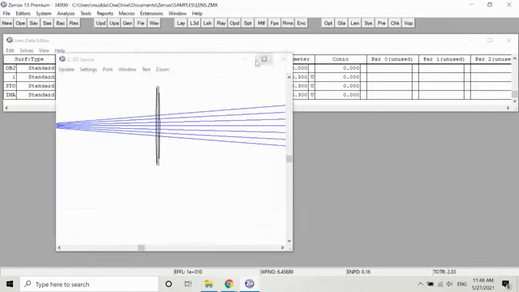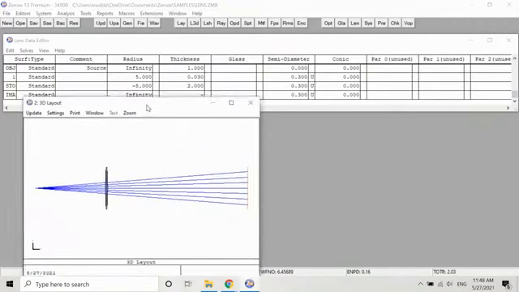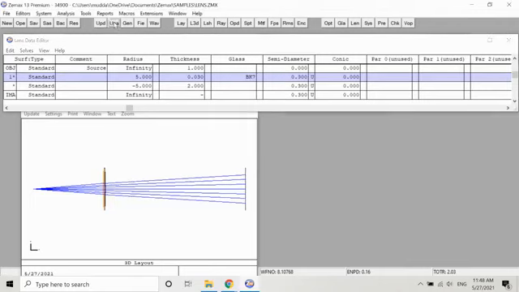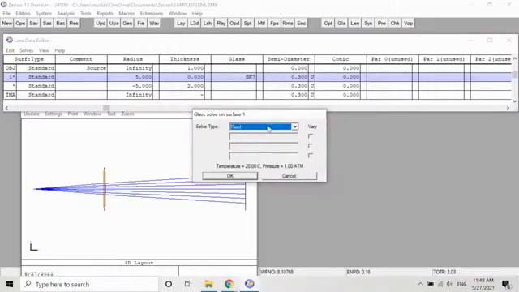So for that I can zoom out from here. I'm defining the glass here, like BK7. You just need to write it here, so the first one will act like BK7, and I need to update all. You can see a little bit of reflection but not that much. So I want to change the glass type. If you know the different glass type names, you can write them here and apply it, but if you don't know, then you simply double click on it.